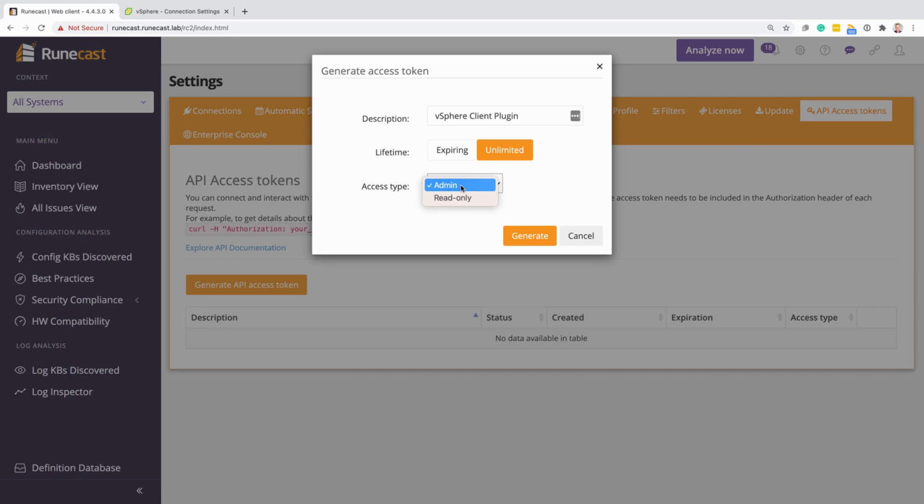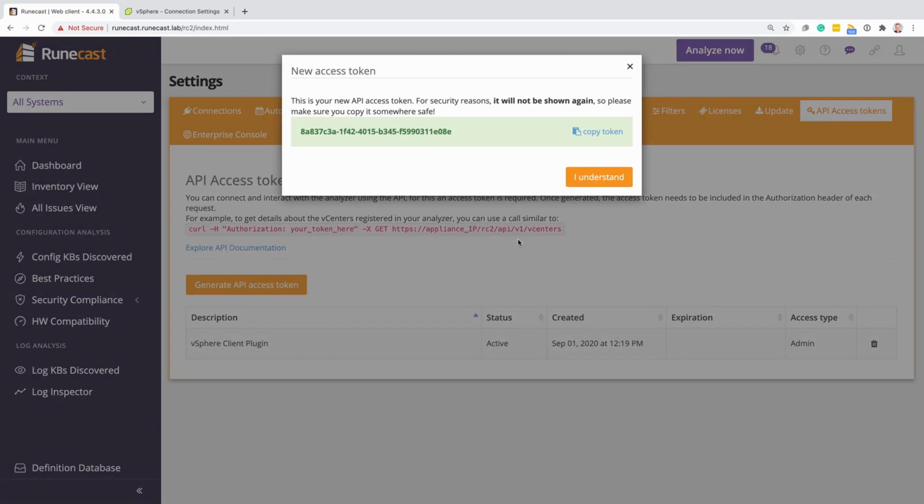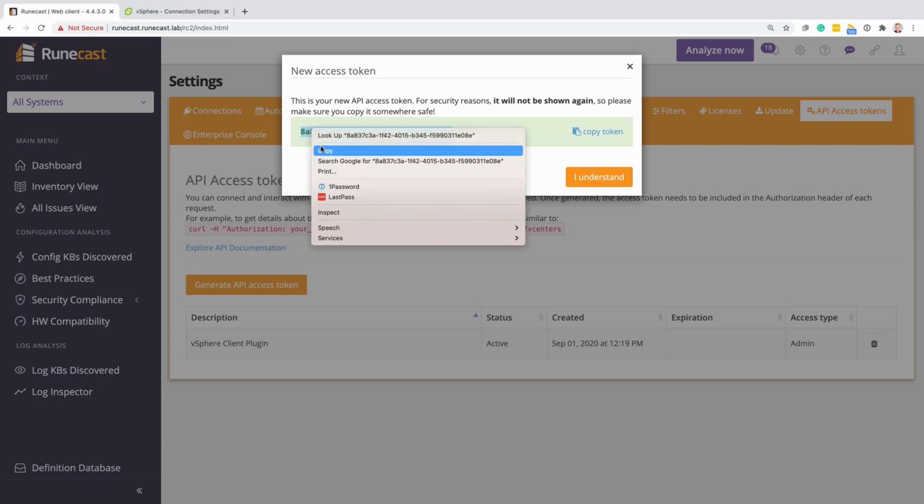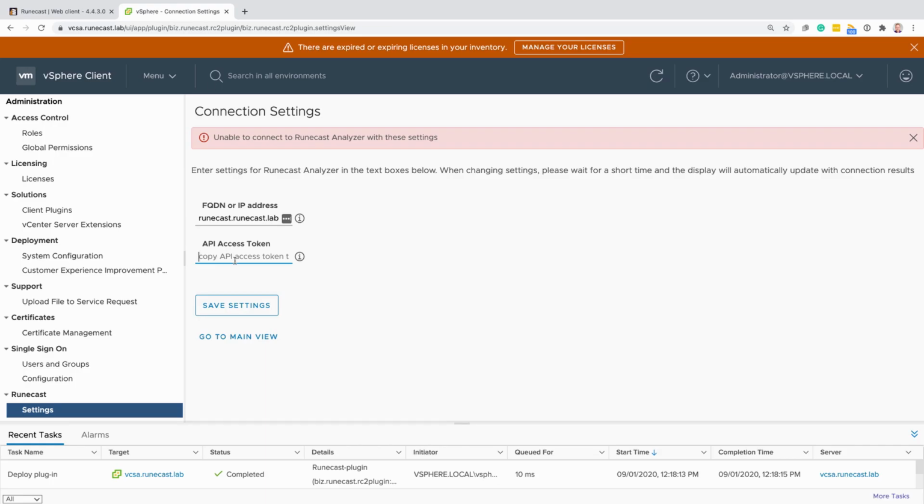The only difference between the two is that an admin account can trigger a Runecast Analyzer scan for a vCenter, whereas the read-only account is not able to do that. Let's go with the admin account and we hit generate. So we get this API access token. Let's just copy that and we go back in here and we can paste this in. Now immediately this is going to do a quick check and we can see that the connection is successful. So if we hit save settings,